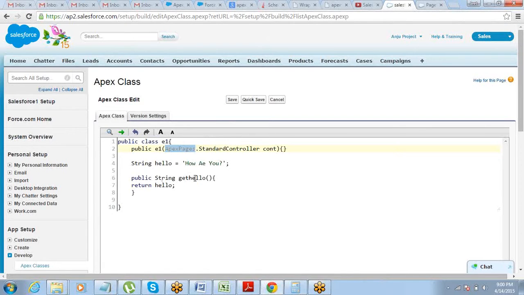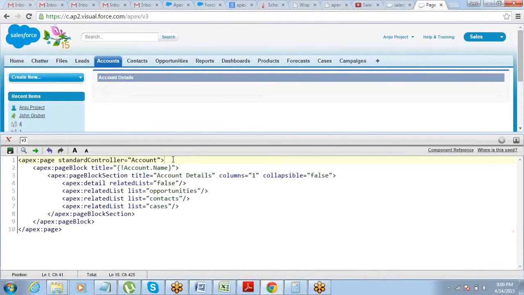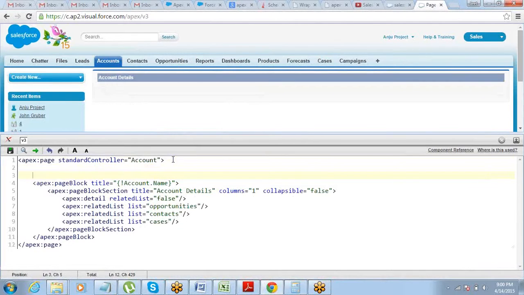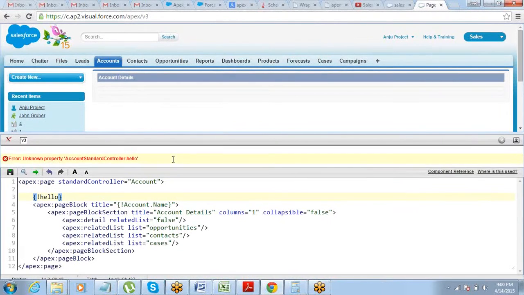So I have a method here called getHello, right? Now if I try to call this hello method here, it throws an error because it does not recognize what this hello is. But if you write extension here, if you call that class as an extension, extension name is E1, right?